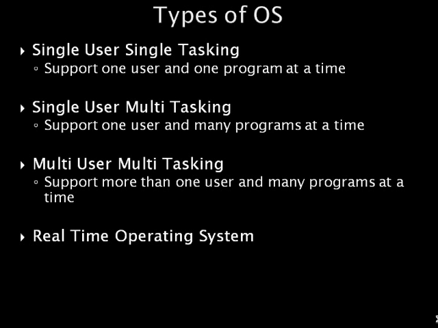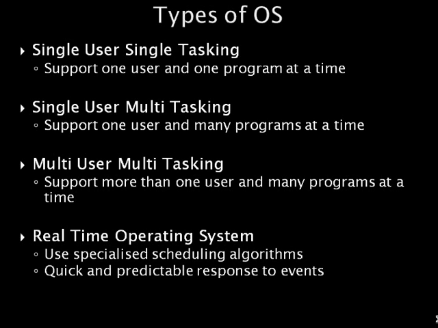Real-time operating systems are operating systems found in industrial machines where tight control on what is happening is crucial. It does not have a GUI. It is mostly concerned with input and output management. It is a multitasking operating system that aims at executing real-time applications. Real-time operating systems often use specialized scheduling algorithms so that they can achieve a deterministic nature of behavior. The main objective of real-time operating systems is their quick and predictable response to events.